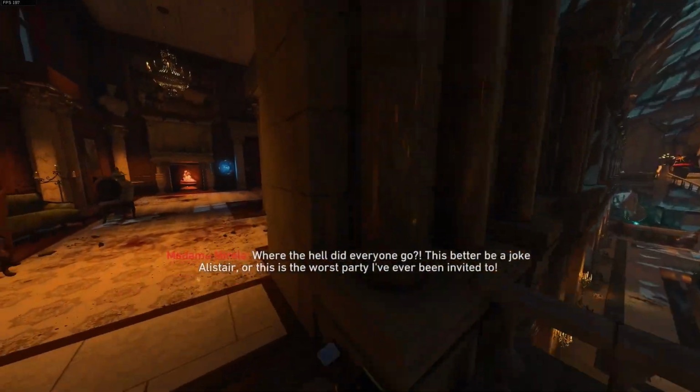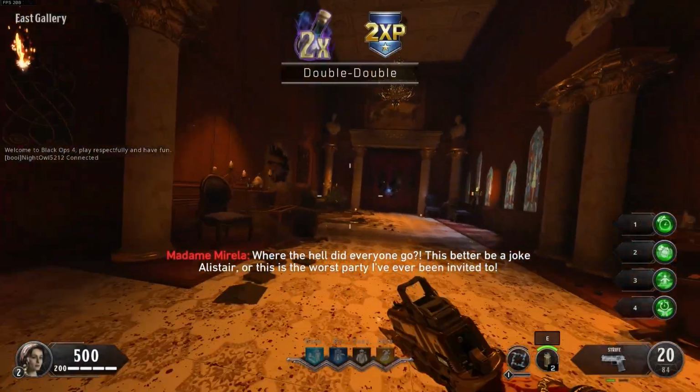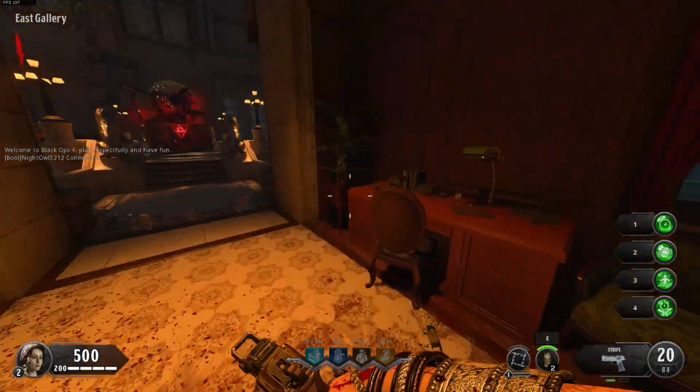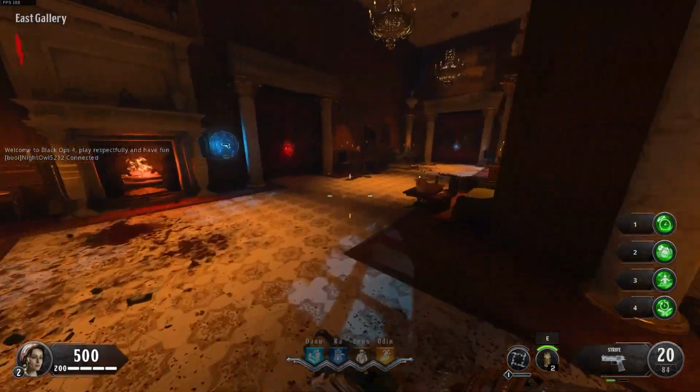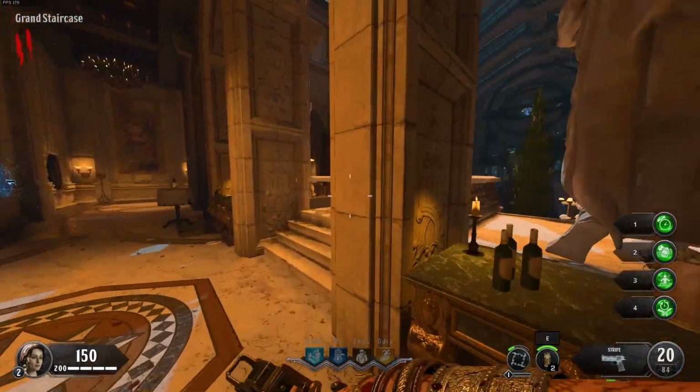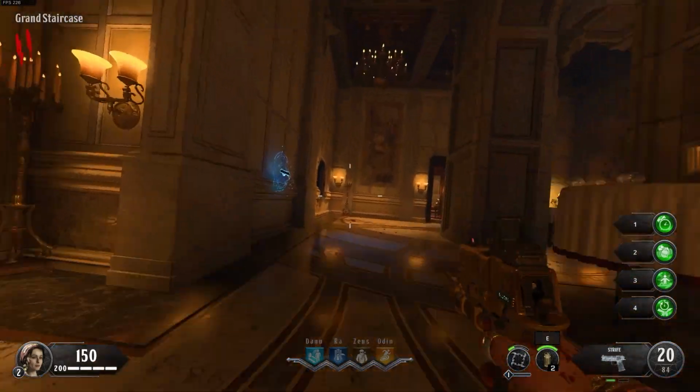Alright, now it's time to do Dead of the Night, which I honestly enjoyed for a little bit, and for the longest time I actually hated this map for how difficult it was, at least on Xbox. So, how we're going to start it off, obviously get the Sentinel artifact, and then what I personally do is